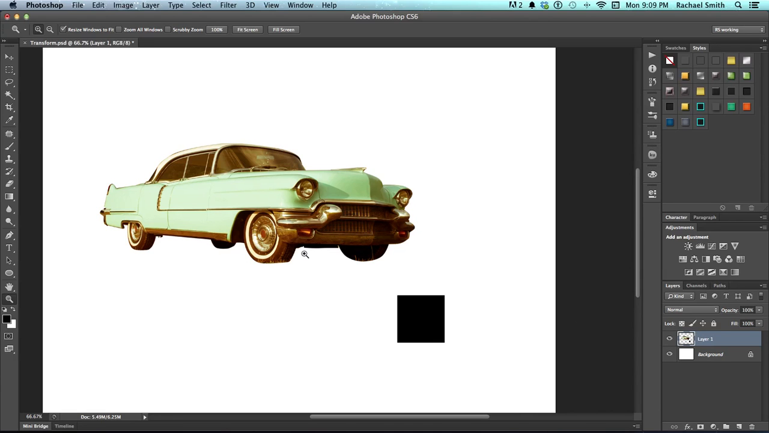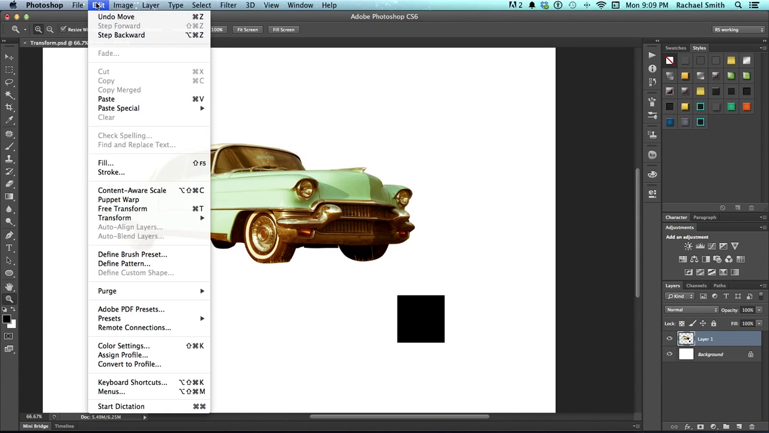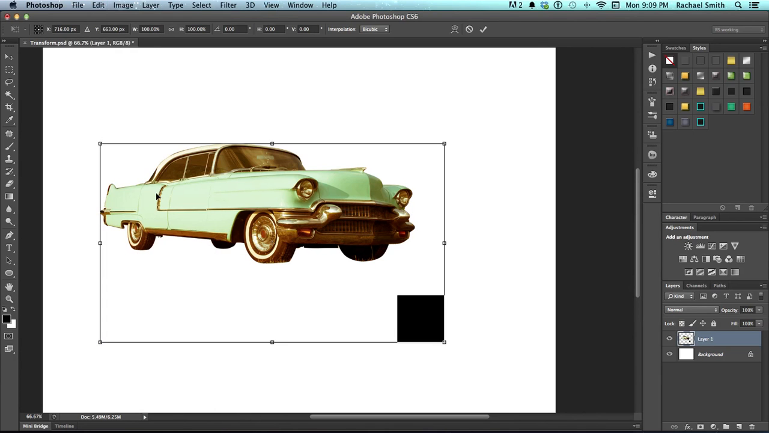I'm going to begin this tutorial pretending like you know nothing about transforming. So here I have a couple of objects that are on one layer, and I'm going to transform the entire layer to change the size of it. To do that, I need to be on that layer, make sure I don't have anything selected by hitting Command D to deselect, and then go to the Edit menu and choose Free Transform, which will bring up my transform